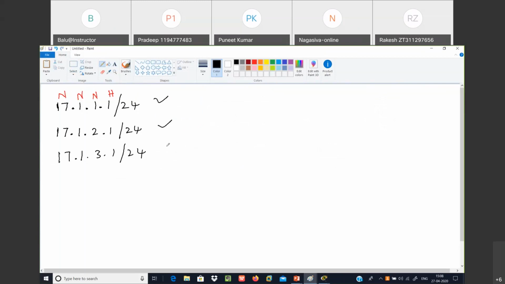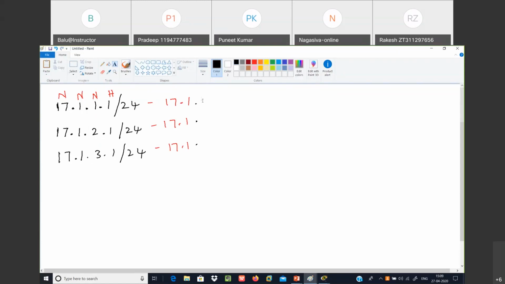These are the IP addresses I'm using in my organization, my customized IP addresses. By looking at them, we are thinking whether they are the same or different networks. If it's a different network, up to which octet is the same? The first 2 octets, 17.1. The second is also 17.1, same. But what about the third one? 1, 2, 3 means it's different, right? Actually it is different, but if we convert into binary,